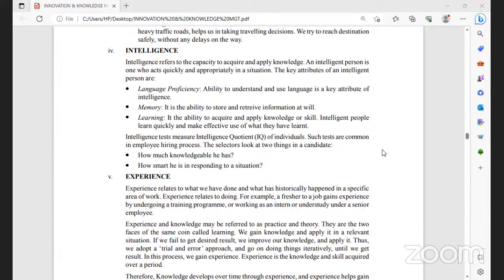Memory means, to be frank and honest, a computer chip has less memory than the human brain. So many times the human brain will have the better memory. And learning: we give the instructions to the machine or a chip to work in a computer, but a human can learn by a self-learning process. Related to that, the human brain, with its combination of millions of neurons, is treated as one of the intelligent machines in a live environment.